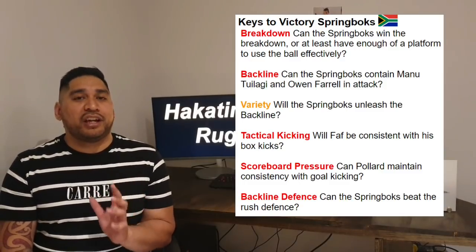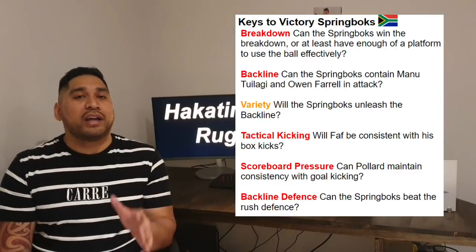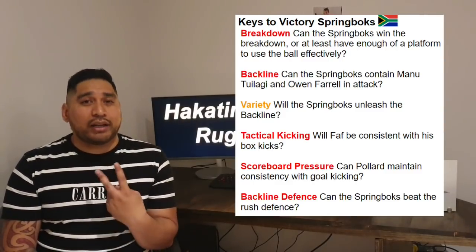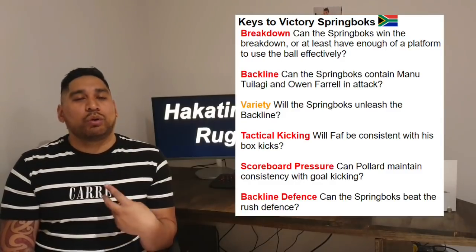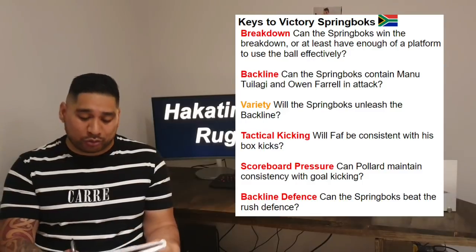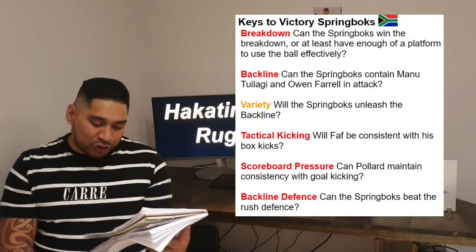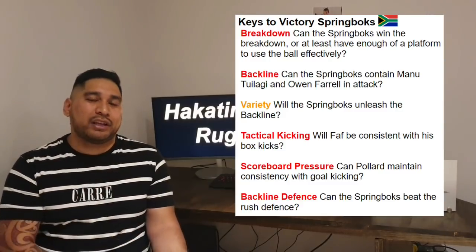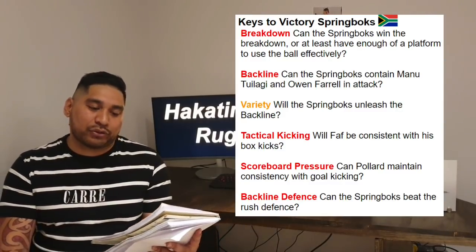They're going to target Willie for sure. There's going to be space in and around Willie, and they're going to kick his way. If they do that, is he good enough? That's going to be a key question here, guys. I really think this victory for the Springboks will come down to Faf, and it will come down to Willie. I really believe that to be true. Let's see. Finally, in terms of variety, as I say, one of the keys here, if they can release the backline, then I think they can be successful. So those are the